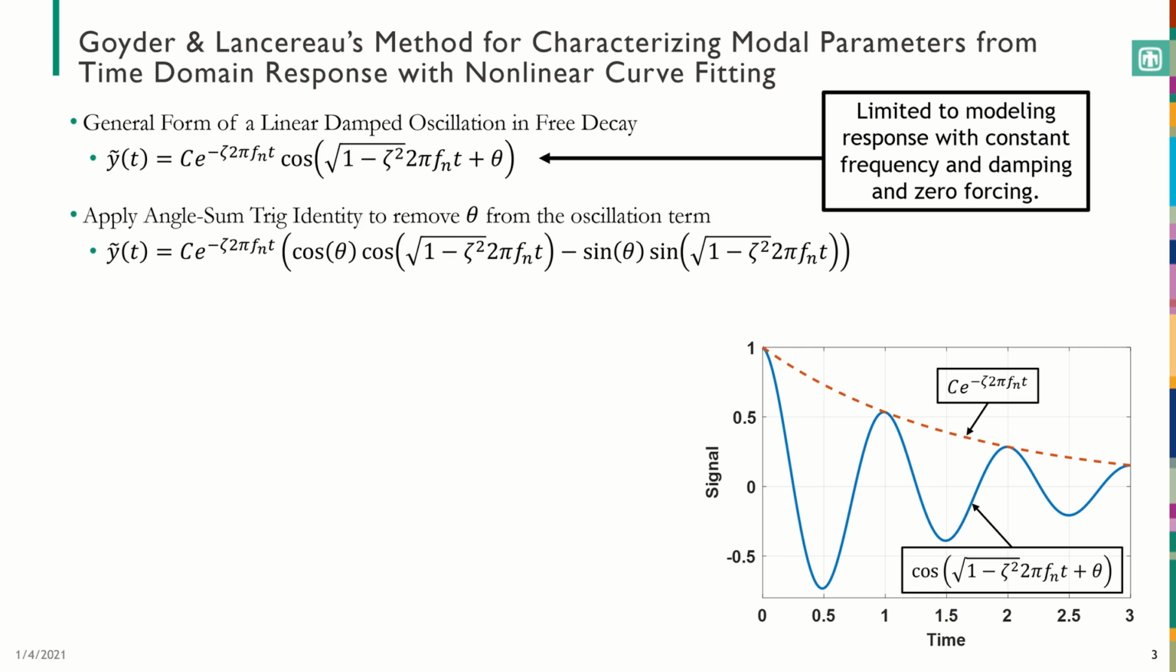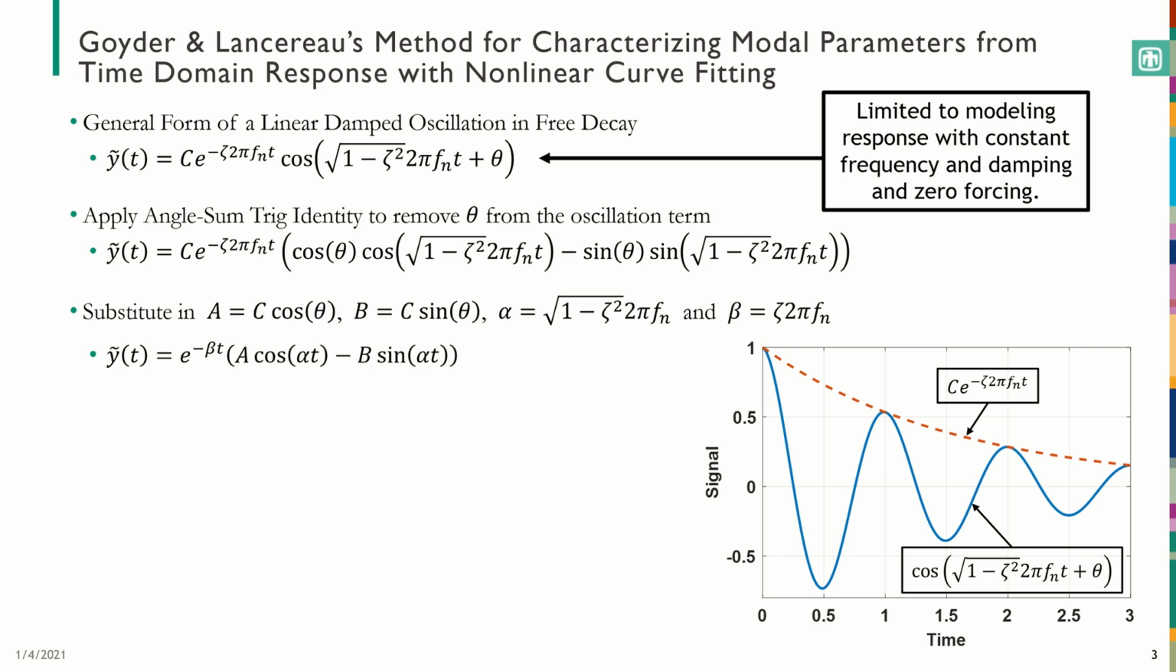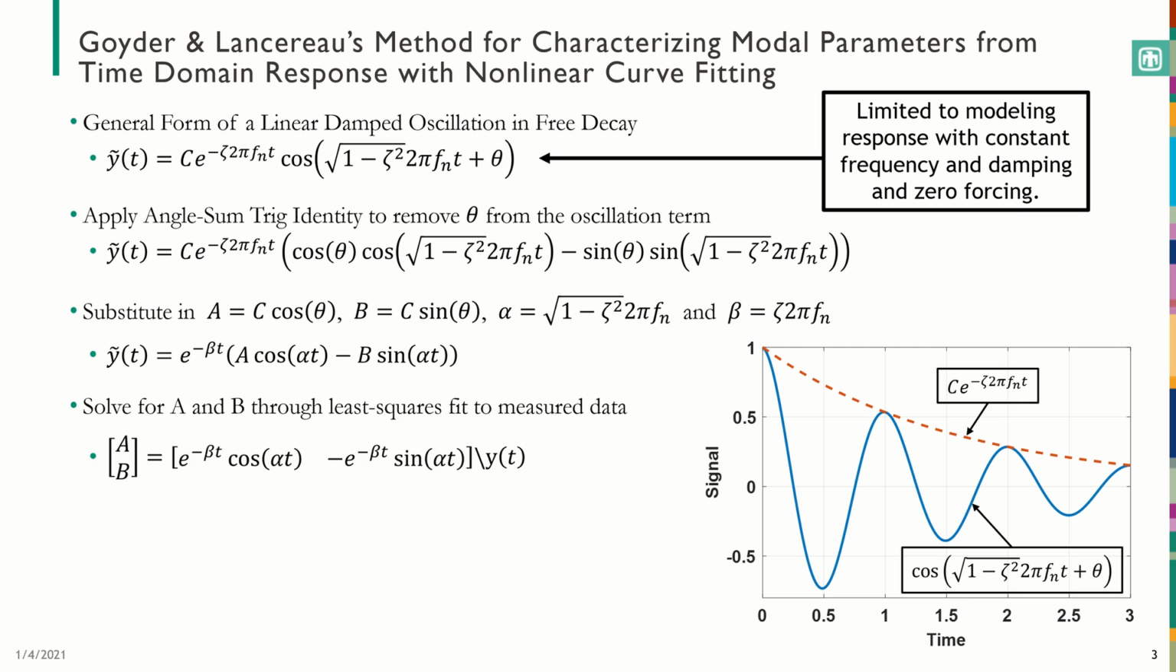So first we'll use the angle sum trig identity to remove the phase angle theta from the oscillation term. Then we'll condense the scalar coefficients into these capital A and B constants, and also swap out frequency and damping for the alpha and beta terms. The strength of this new expression is that we only have to directly optimize the values for alpha and beta, since we can uniquely determine the best fit values for A and B through a simple linear least squares solution with